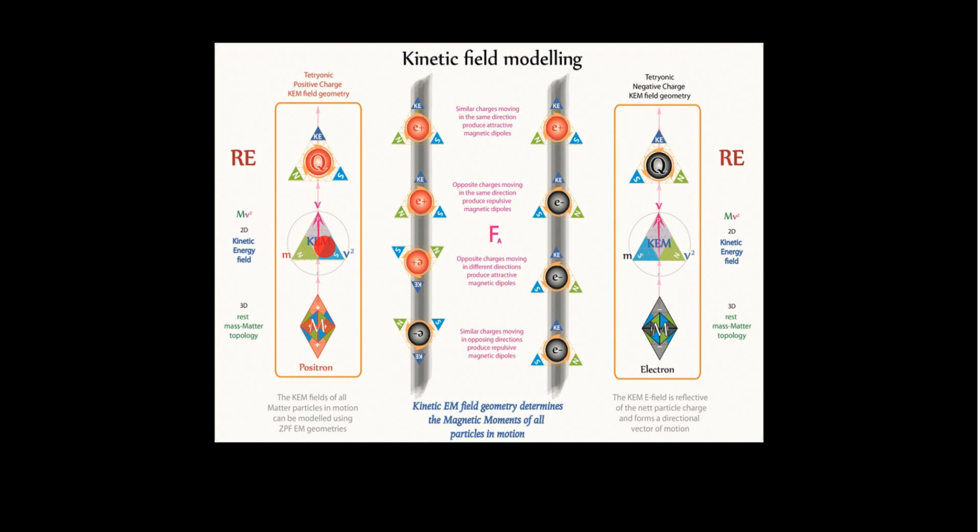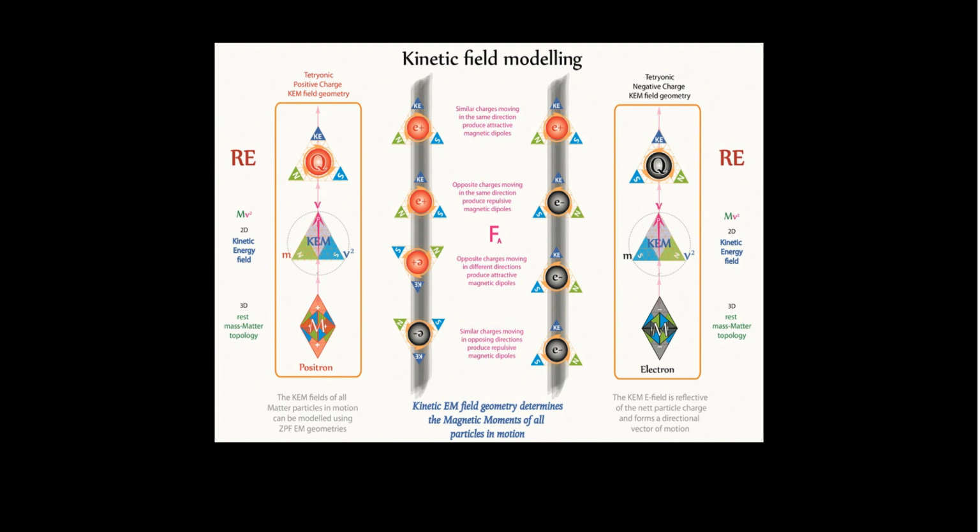You apply a force. You apply energies to a particle to accelerate it. Those energies are stored in the KEM field. They point in a particular direction, which is the same direction as the applied force, and they create a magnetic moment at right angles to the direction of the applied force. Transverse magnetic moment versus longitudinal acceleration. All that's easily explained